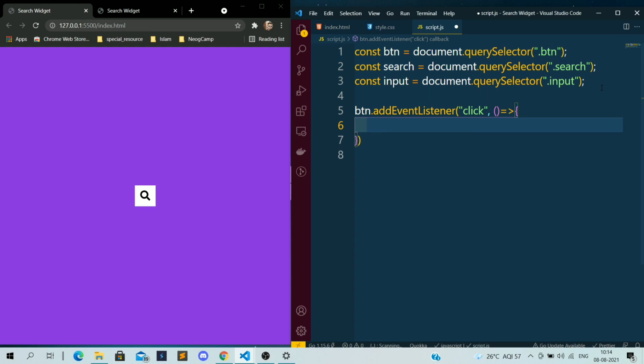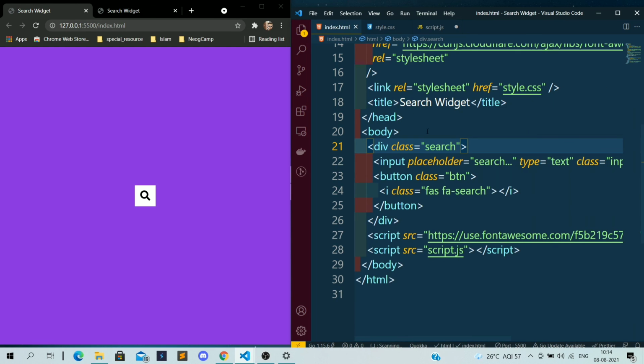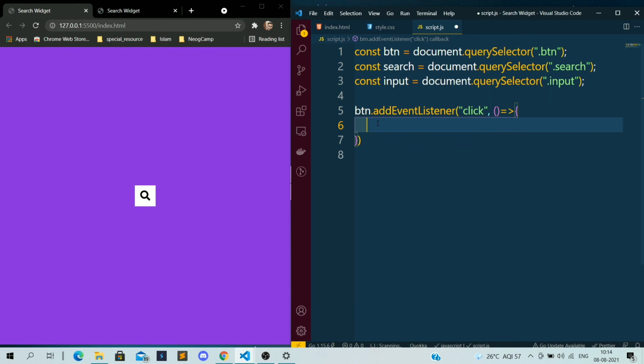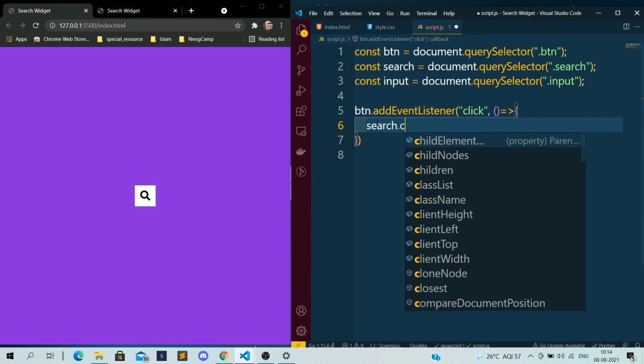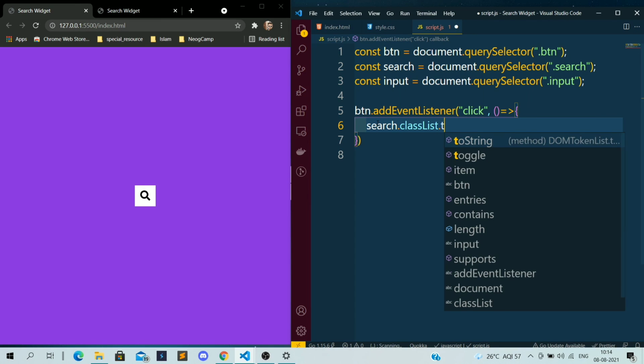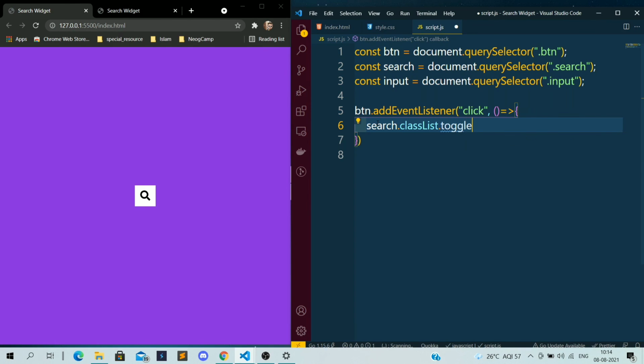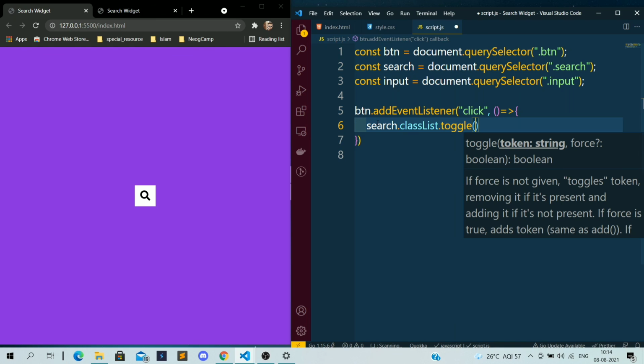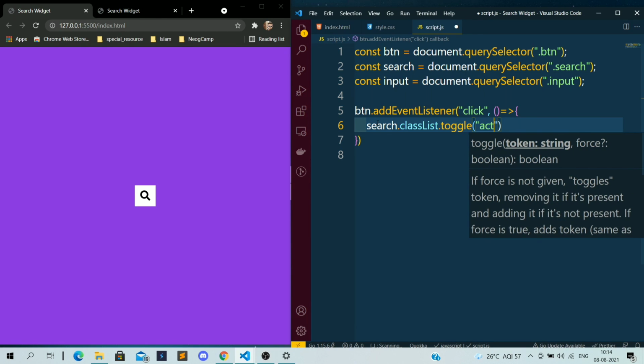What I want is to add an active class. Where? In the search. Here I want to add. So I will take this search.classList, because I need to add a class. Here I just want to use the toggle function. Okay, and I want to add the class active.